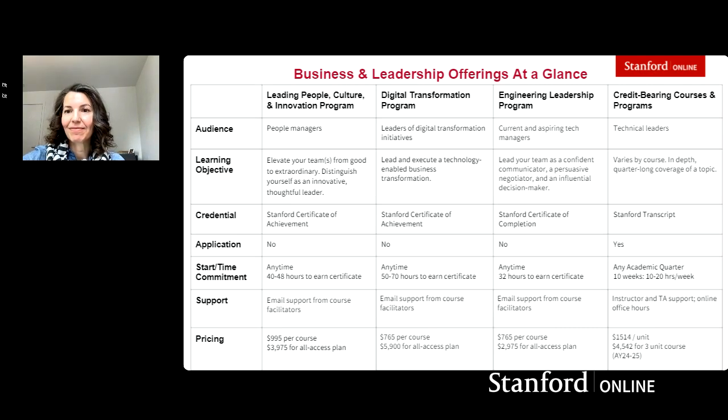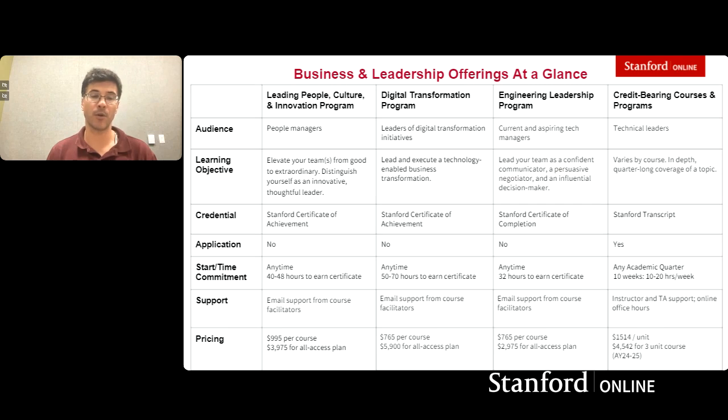And again, a lot of questions just about, in general, these different types of programs. I think what you can see also as we're looking across this matrix is when you can start the program and the time commitment, right? Time is this complicated thing. It's both when you can start it, how much time you're going to have to spend on it, and also the cadence, like when you can spend that time. So when you're looking at these professional offerings, there's a ton of flexibility. You can start anytime. You can do that work whenever you have time to do that work, and you can really fit that to your schedule.